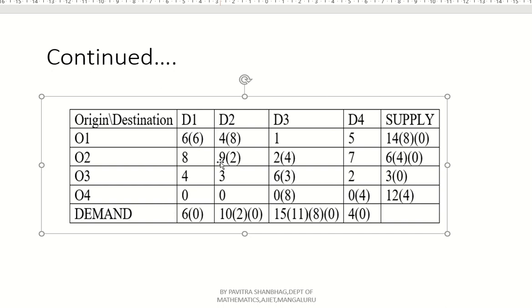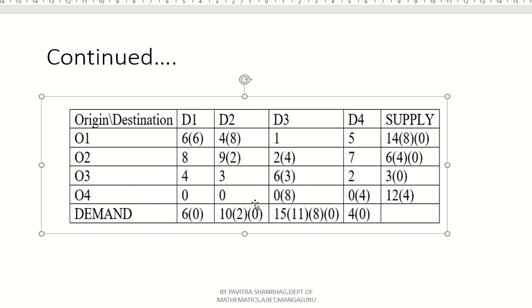Now consider the second row, second element, because we have already eliminated the first column as well as the first row. Now concentrate on this. For the element 9, what do we have to assign? The minimum of 2 comma 6.